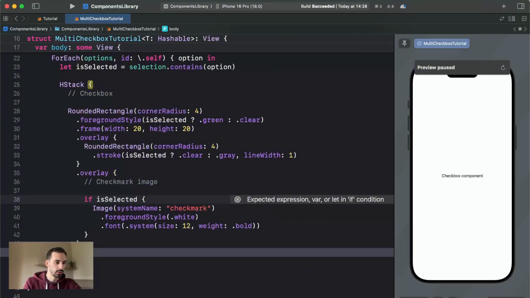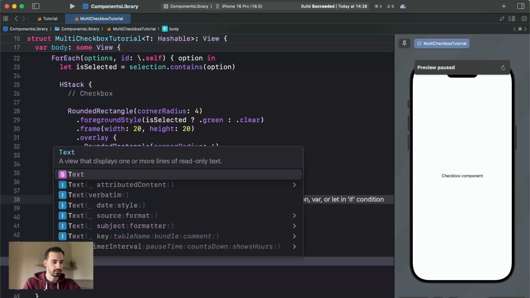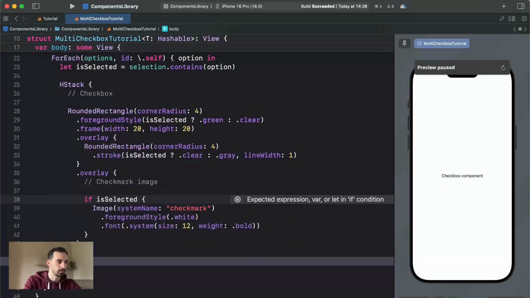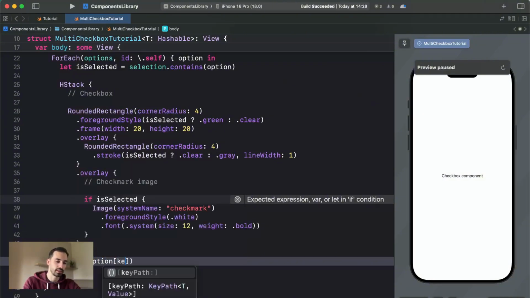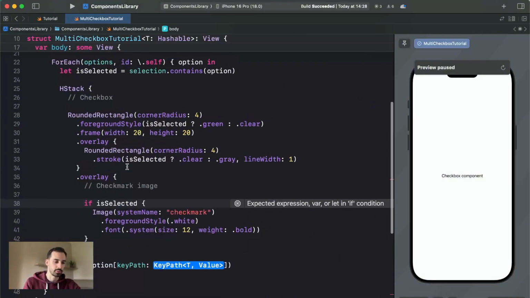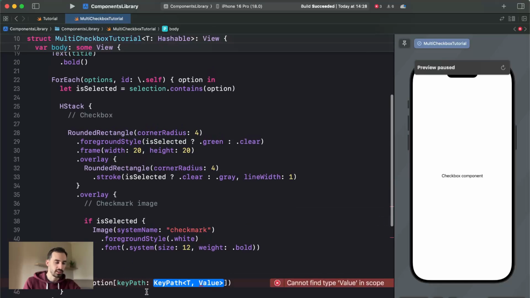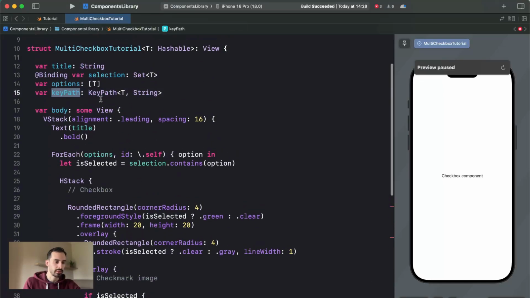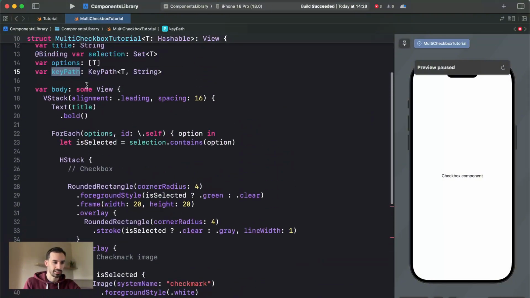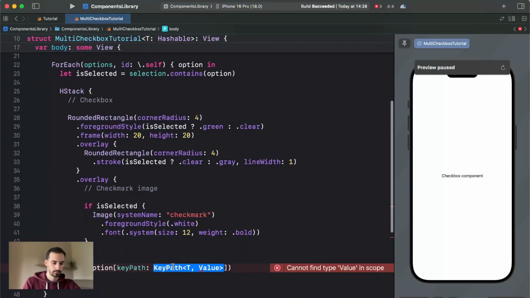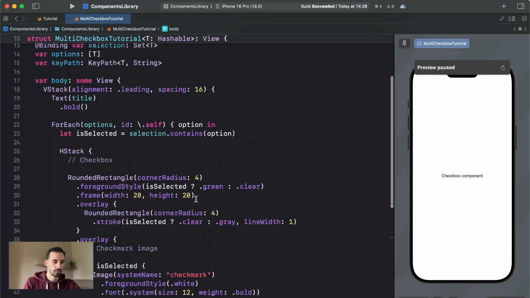Okay, now we created the checkbox, and now we can add the actual property name. So we can say text option, and here we use the key path subscript, and inside here we pass the key path variable that we created up here. So the key path